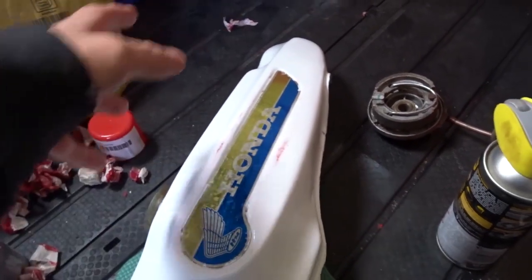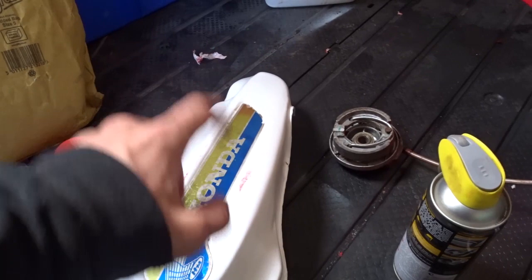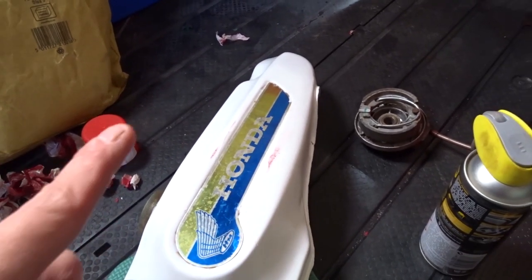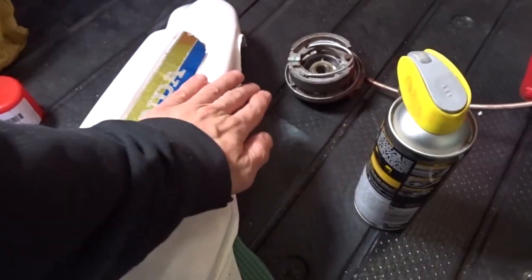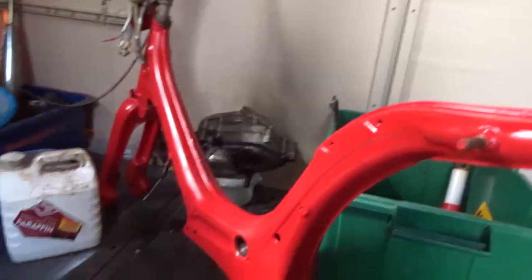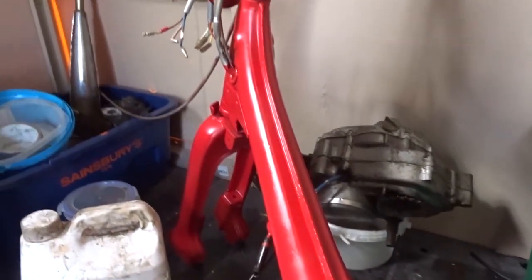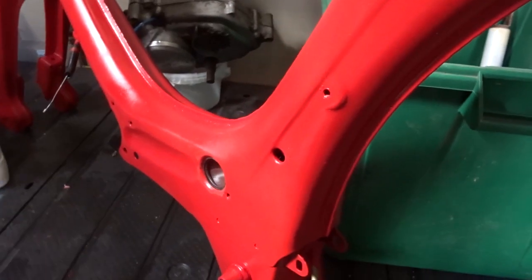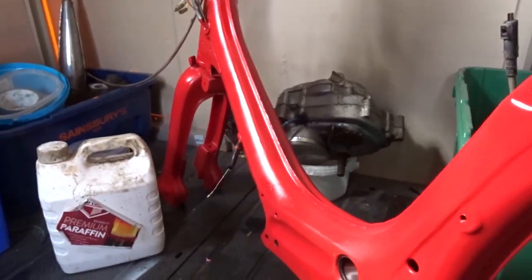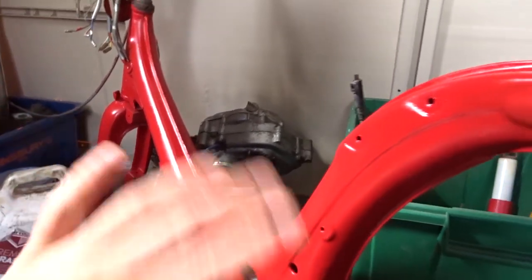I might tape over everything when this is all dried and just re-go over that, retouch it up. Or stickers. And I'll put some stickers over the top. Yeah, I think that's a better idea. Dull. Other than that though, whatever. I'm glad I didn't make any mistakes on the frame. Look how nice that came out. Such a nice red. Blood red. To go in theme with the zombie apocalypse, you know. It will match. Well, actually no, when blood dries it goes a different... Anyway, this is blood red, so...